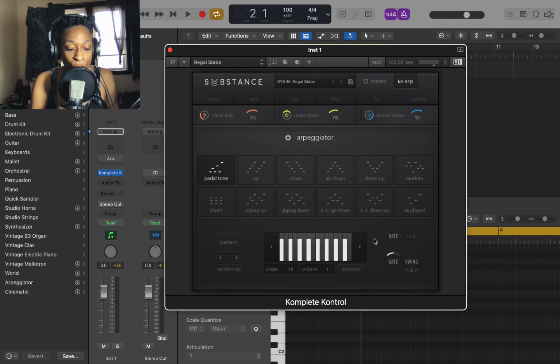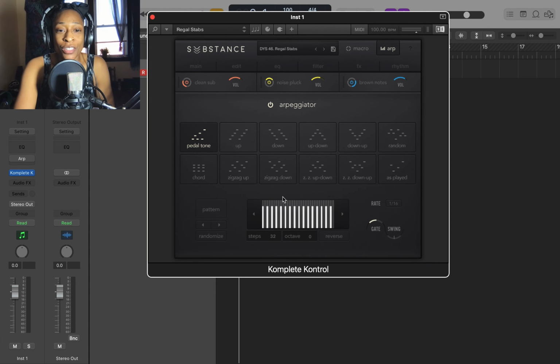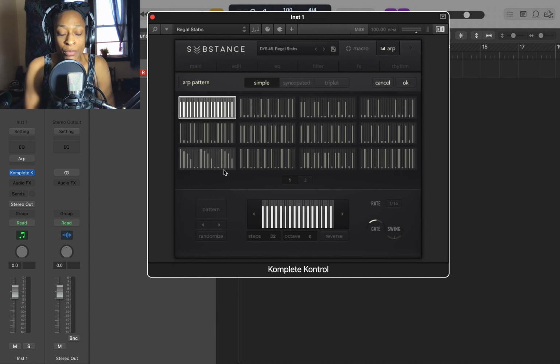So let's get to the fun stuff. Down here we have our playback style selection area. This is where you can program a velocity pattern for your steps. You can choose a velocity pattern by clicking here on pattern, and you have 3 different options for different style patterns. So here you have your simple, and by default with this patch it chose the first one